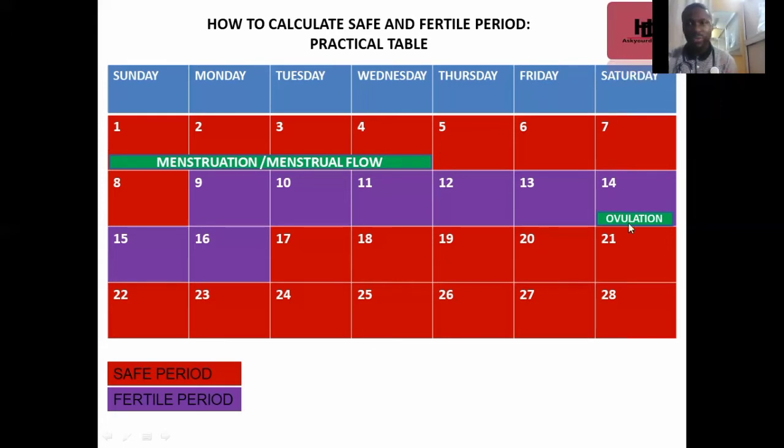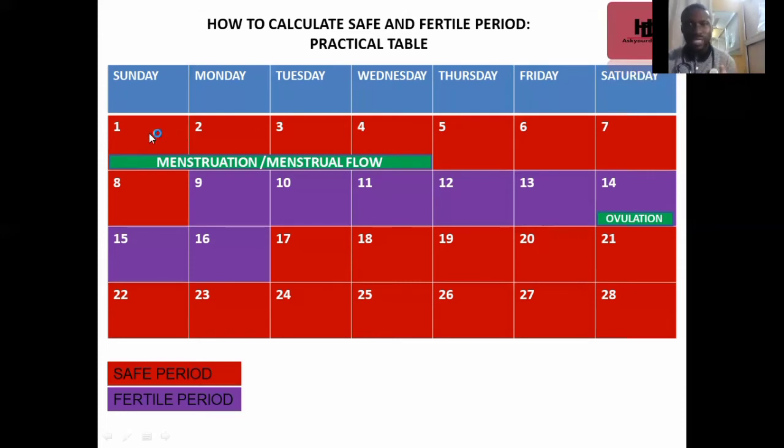And that's why I'm also saying this calculation and this practical is good for people who have that constancy of 28-day menstrual cycle. So for people that have a 28-day menstrual cycle, the ovulation will come up on the 14th day of the cycle, not the 14th day of the month, note, but the 14th day of the cycle. It means from the first day of the menstrual flow, that's the beginning, that's number one, to the 14th day.